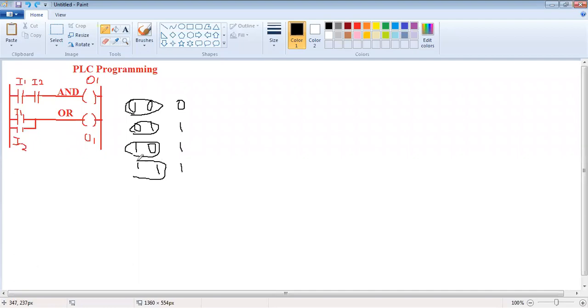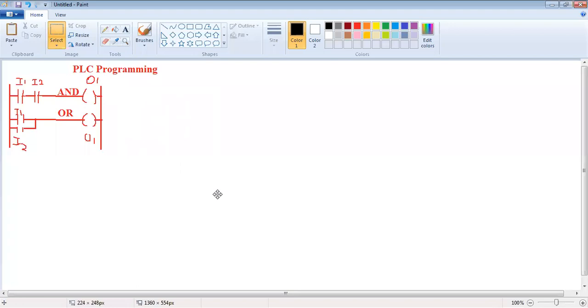When input is 1 1, current will go through both the inputs. You will get the output as 1. Getting? So this is your OR gate. So two NO switches when connected in parallel, it will become OR gate.